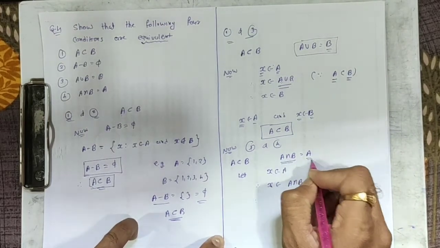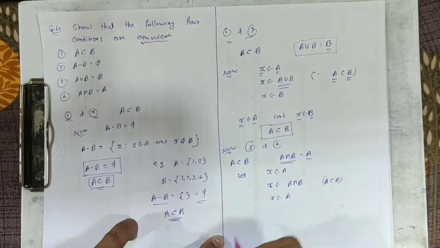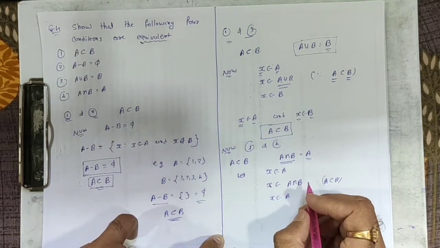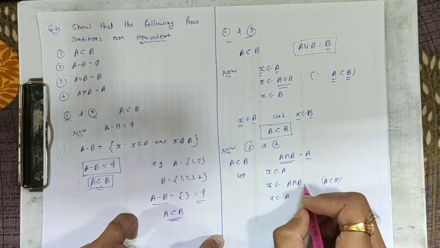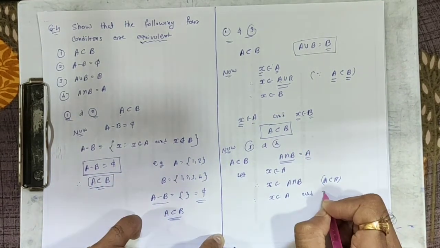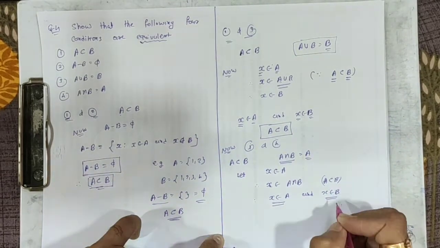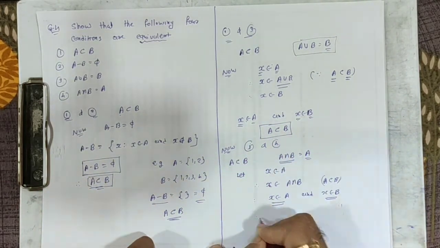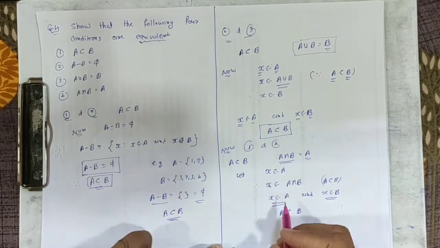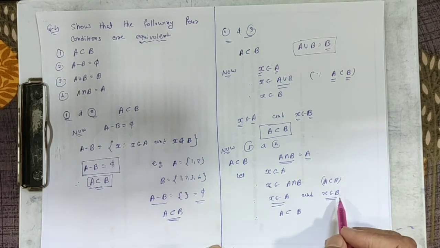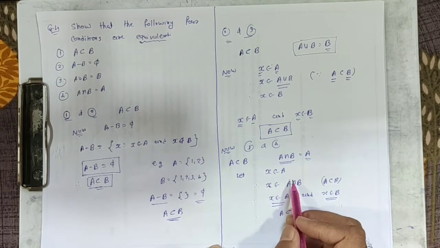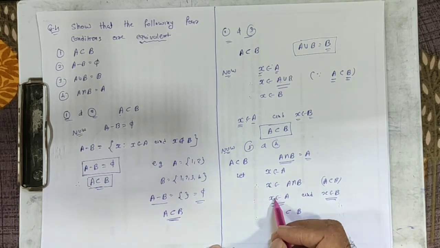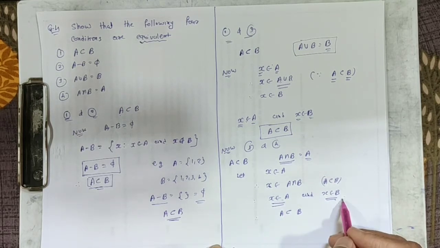Similarly, if A intersection B equals A, we can say that x belongs to A. Done? x belongs to A intersection B, so the intersection is common to both, that means x belongs to A and x belongs to B. x lies in A as well as x lies in B. So that is equivalent to A is a subset of B. हमारा एलिमेंट x A के अंदर भी है और B के अंदर भी है, दैट मीन्स दोनों के कॉमन एरिया में है, तो कोई एलिमेंट A में भी है और B में भी है, दैट मीन्स A सेट B का सबसेट होगा.